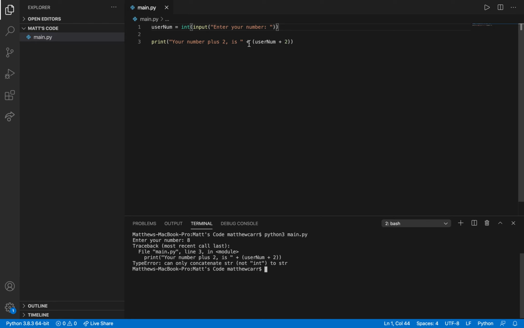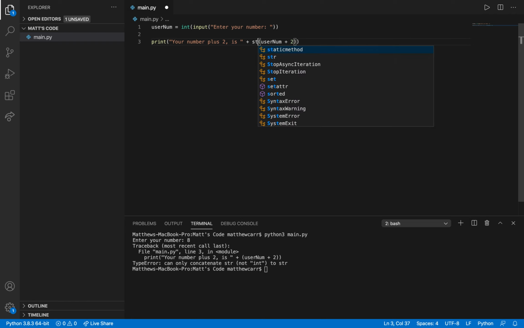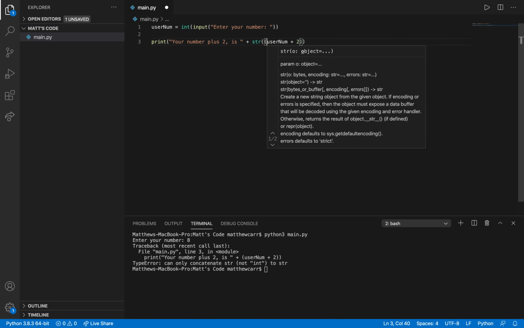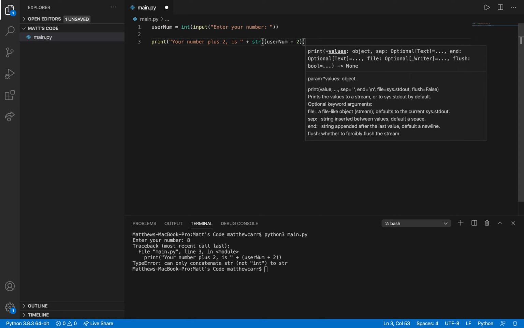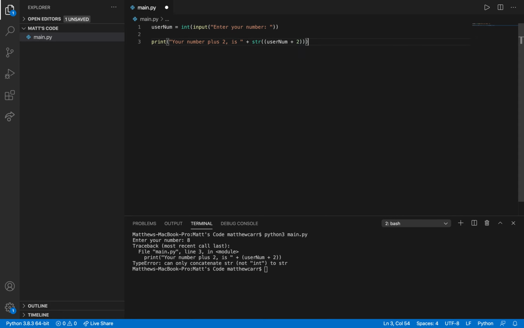But when we try to concatenate this integer value, we do have a problem. So here, I will do a type conversion, just str, left parenthesis, and then a right parenthesis. Now, let's see what happens. Enter your number, 8. "Your number plus 2 is 10." Awesome. So there you go.